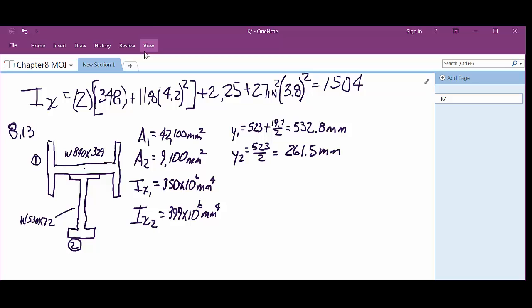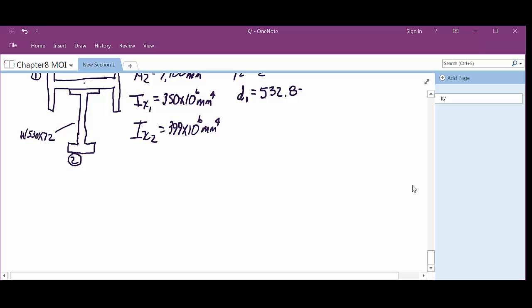So then I need the d values. D1 is going to be the 532.8 minus, oh shoot, I can't do that yet, can I? I have to figure out the y bar first. It's going to be 532.8 minus something, okay? But we better figure out y bar first. So y bar